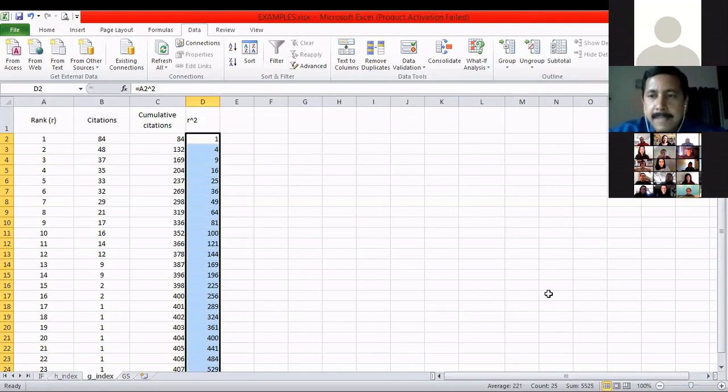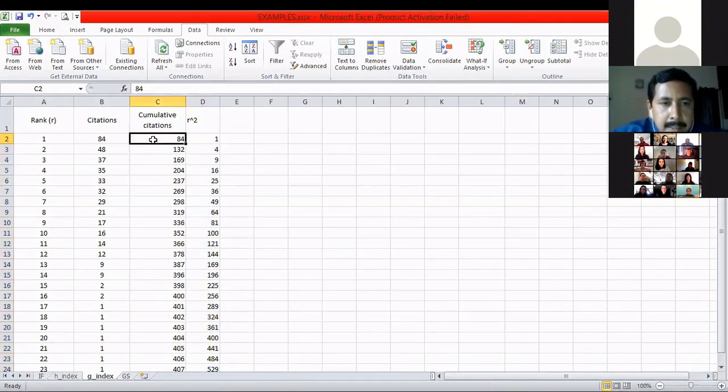Okay. Now let's see how to find out the G index. In order to calculate G index, you have to compare the cumulative citations with the squares of article ranks.